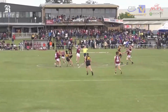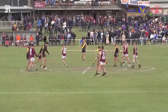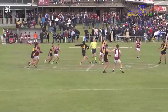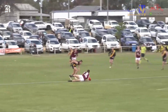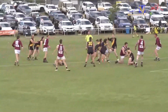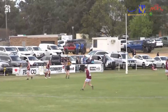Exactly 20 minutes. Isaac Dury gets the first tap for the Tigers. Doesn't go anywhere though, and it's another ball up almost in the centre of the ground. Ball goes up. Dury taps it again, still doesn't get it out. Nullawil blind turns to Tom Fawcett, who kicks it forward. The mark's not taken though. It's still held in there. They're diving for it. Ball's gone forward, and it's going to go over the line and will be thrown in the forward pocket for